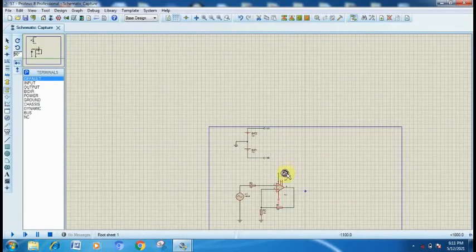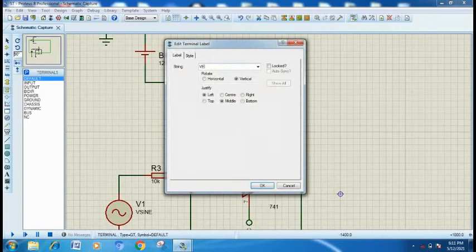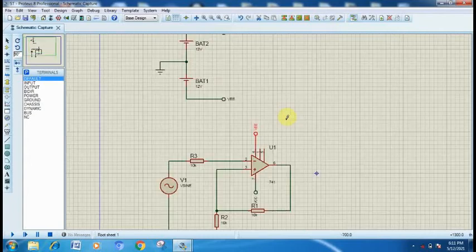Now it's time to connect VEE virtually. This VEE, or this 4 number terminal, is directly connected to this VEE without any wiring, virtually connected.